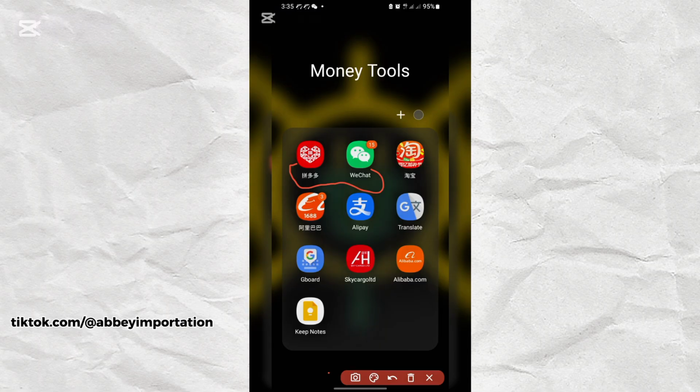access Pinduoduo. What you have to do is, when you get your WeChat from Play Store, you do the verification of the WeChat. Then after verifying WeChat, you can go back to Play Store, download Pinduoduo, and once you download Pinduoduo, since you already have WeChat, it will automatically link, and the username from WeChat is what you see on Pinduoduo. So these are the apps that you need to source